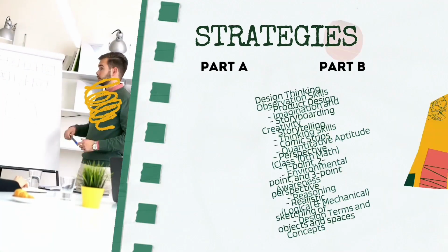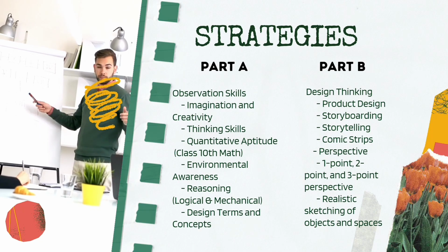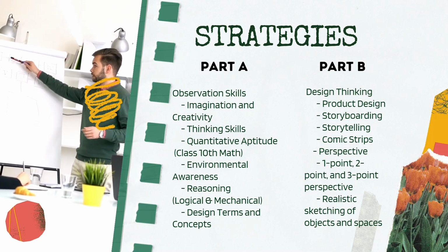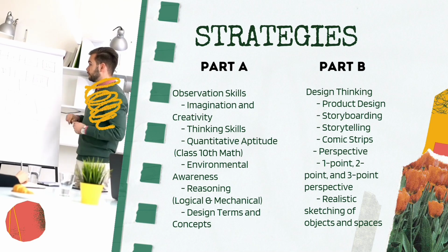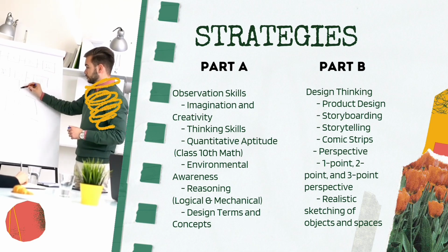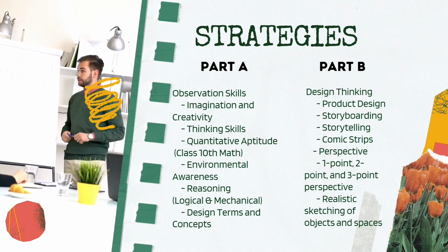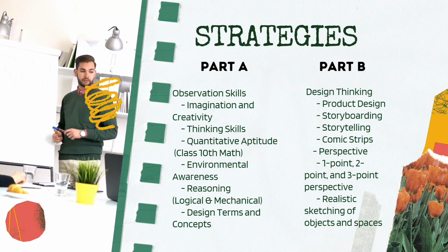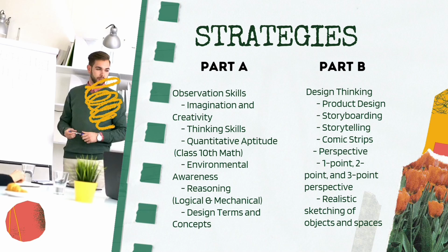All right, so let's break down our plan. We focus on part A and part B of the examination. As we know, the design examination consists of two parts, part A and part B. In part A, we will need to sharpen your skills in observation, imagination, and thinking. We'll also cover quantitative aptitude, which is really just 10th grade maths. Easy peasy, right? Now, for part B, where it gets exciting, part B has two sections: design thinking